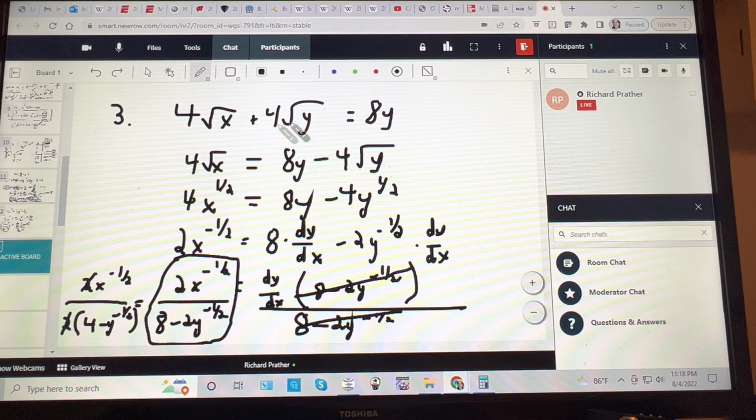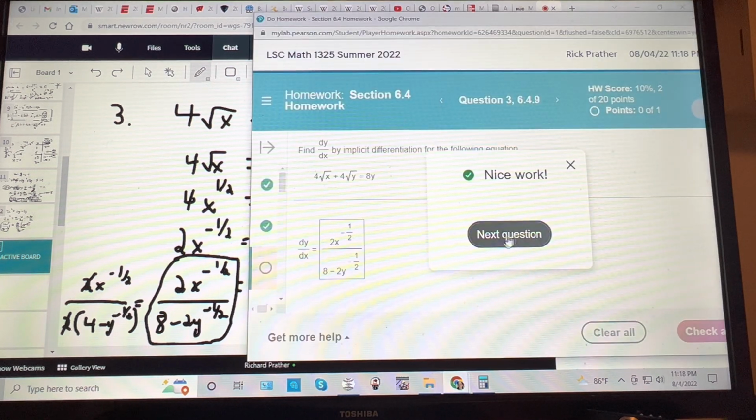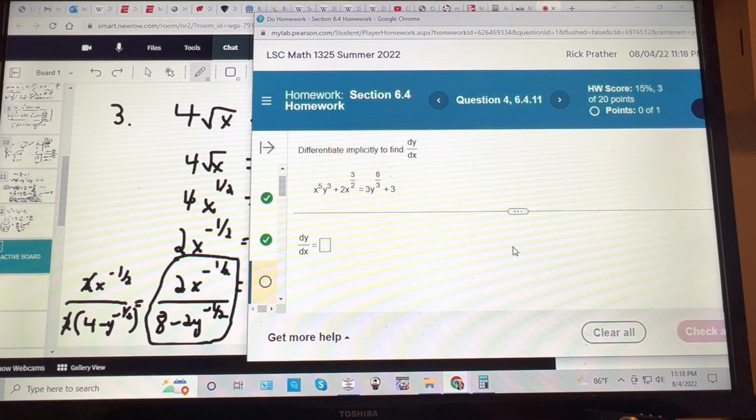So the whole point of this is get dy over dx by itself, and you don't really care how messy the other side gets. It might be interesting to see would they take fractions inside of fractions, which normally is considered improper. Could try that on another answer one time. Okay, so